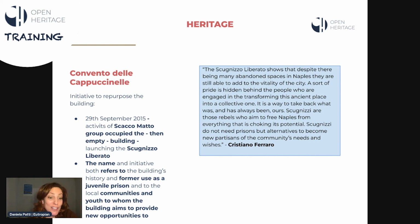Here again, we have a definition of heritage that is coming from a very grassroots and lived resemblance of the community. And this is something that is particularly relevant for the Open Heritage